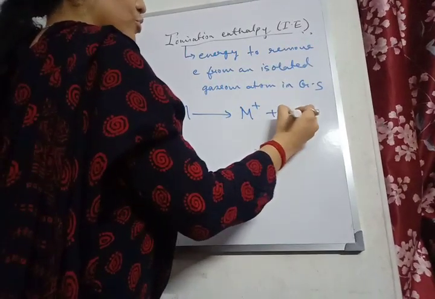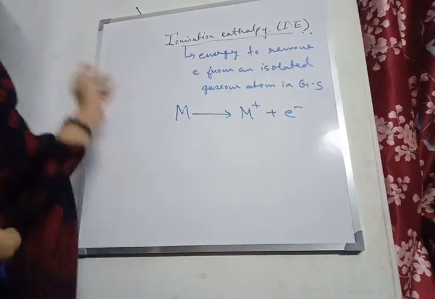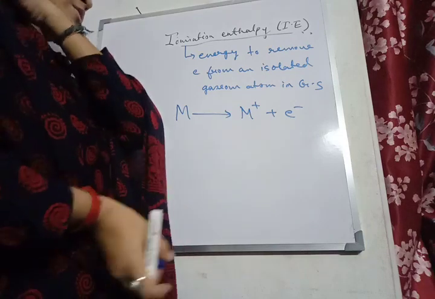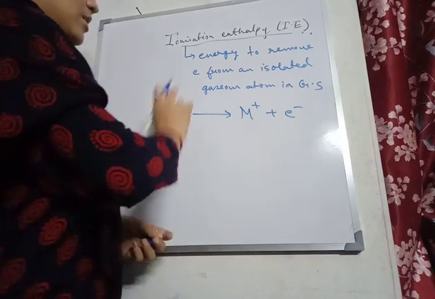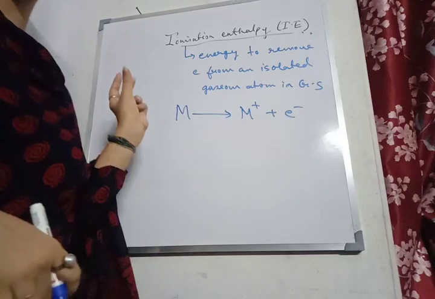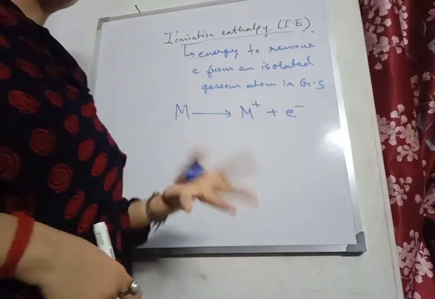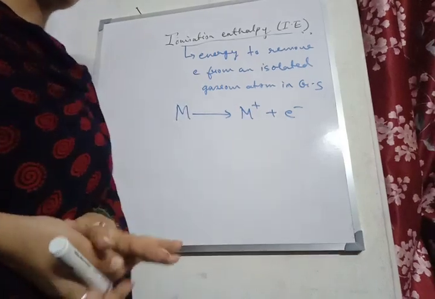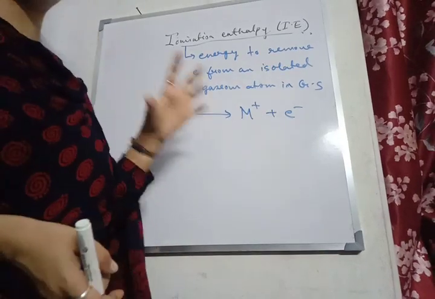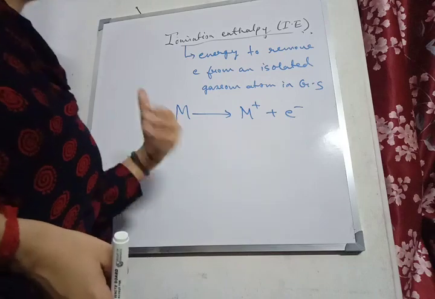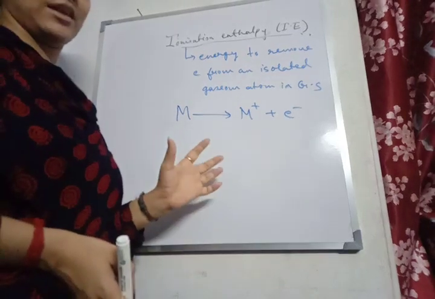That means here we are going to convert an atom to its respective cation. Right, now here basically the valence electrons are removed. Usually valence electrons are removed here, but yes, for d block elements the d electrons can also be removed. But here basically we are speaking about the s and p block element variation. So for them the electrons that are removed are the valence electrons.